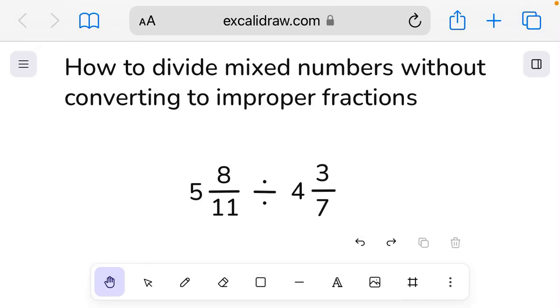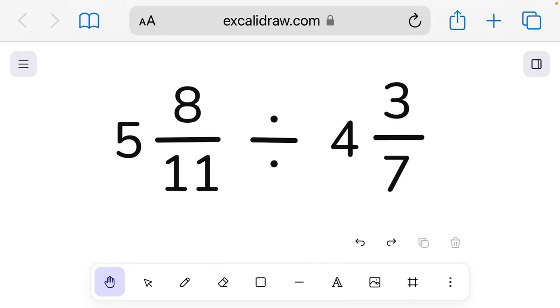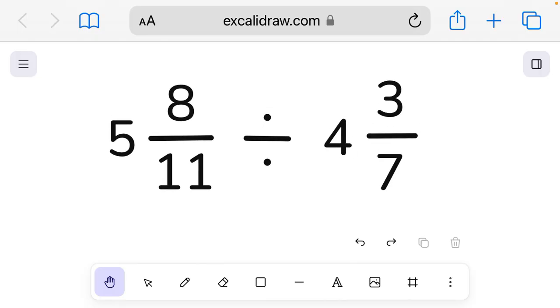Hello, in this video I'll show you how to divide mixed numbers without converting to improper fractions. So let's get started. We have an example, which is 5 and 8 over 11 divided by 4 and